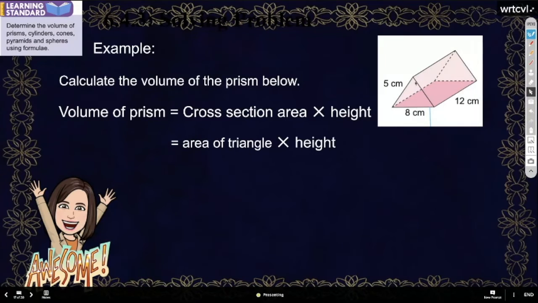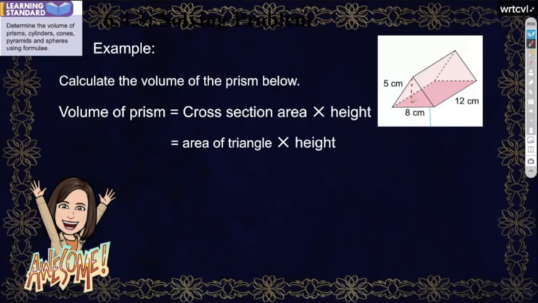Just now I mentioned, do we have the height line here or not? We don't have this value here. So can we determine the area of the triangle or not? This can be the right angle triangle. We don't have the height, but we have the length of this. So 8 divided into two, what is this here? Yes, 4. So here is 4. When here is 4 and 5, how about the height here?